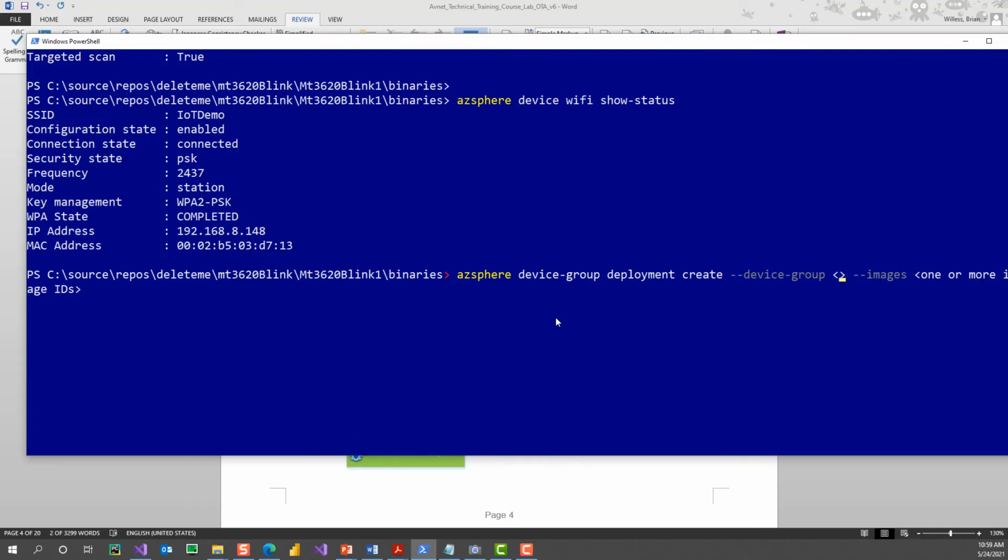So that's going to be that OTA demo production device group, and then I need to give it the image ID,